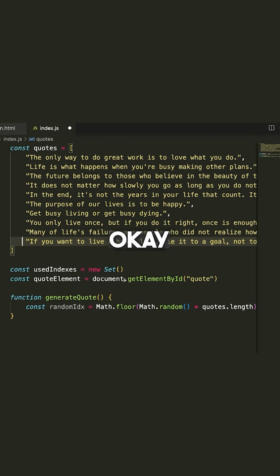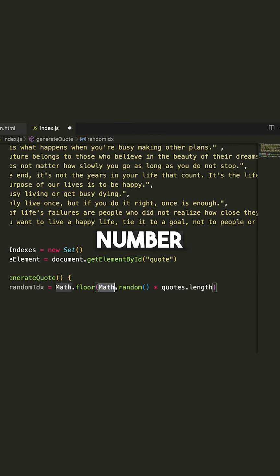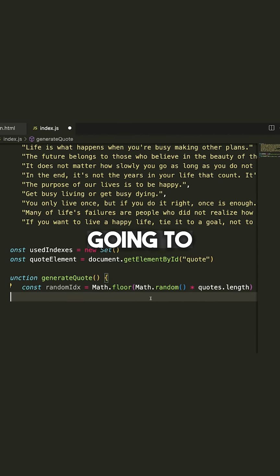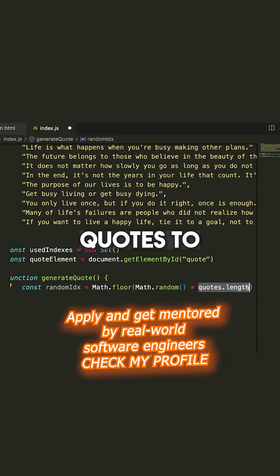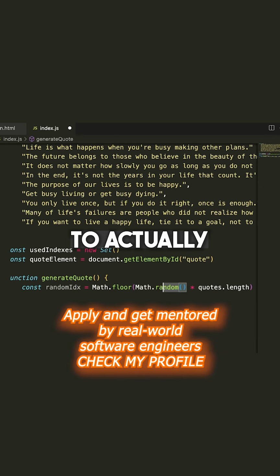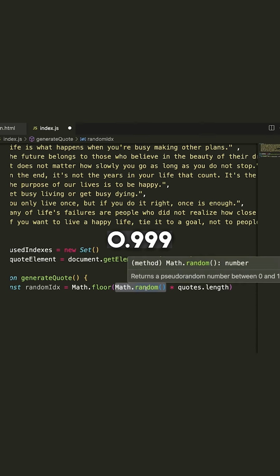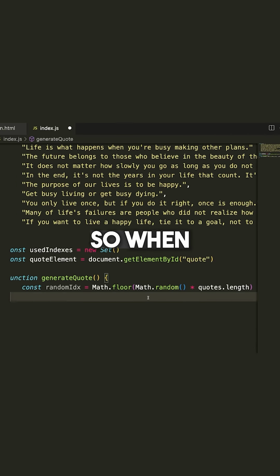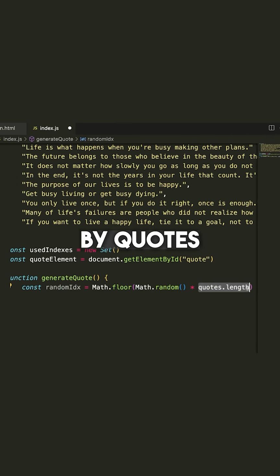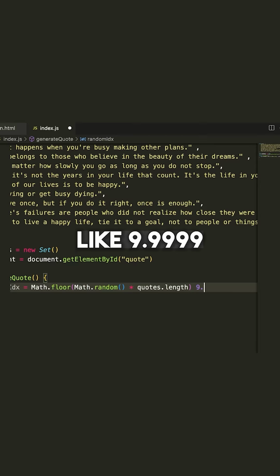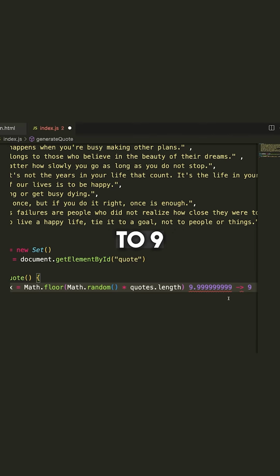So what I'm doing is I'm saying, okay, well, we'll generate a random number between 0 and 1, and multiply it by the quotes.length. The thing is, it's never gonna actually be 1. The most it will be is like 0.9999999, whatever, right? So when we take that and we multiply it by quotes.length, we might end up getting something like 9.9999999, okay? If that's the case, we simply take that value and we round it down to 9, and